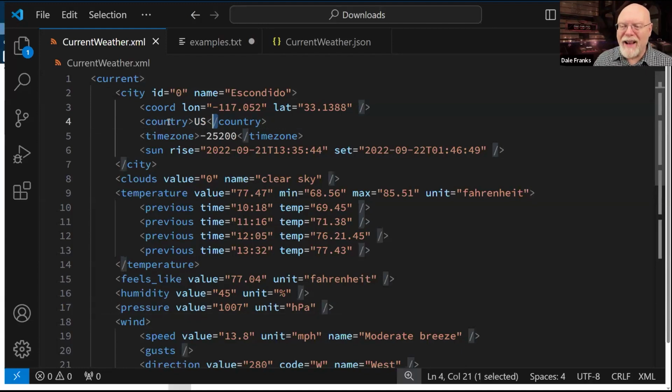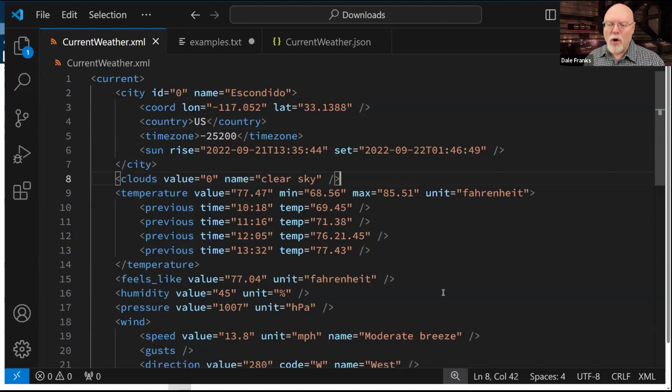So in XML, I look for my opening tag, and then I look for my closing tag, and everything that is between those two tags, which in this case is just the abbreviation US, is the data that is actually getting returned. So this is not data itself. This is really a data definition. What the XML actually does is return the structure and the data of the table that is being returned as a data set to your local computer.